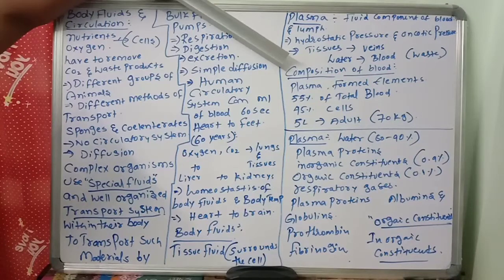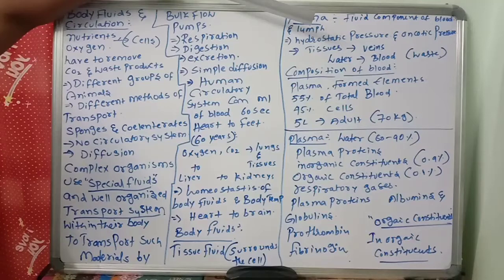The volume of fluid which leaves the capillary to form tissue fluid is the result of two pressures: hydrostatic pressure and oncotic pressure. There will be hydrostatic pressure, and high oncotic pressure will be applied in the capillaries, which is enough to push fluid into the tissue. So blood from the capillaries goes to the tissues by the help of which? Hydrostatic pressure and oncotic pressure.